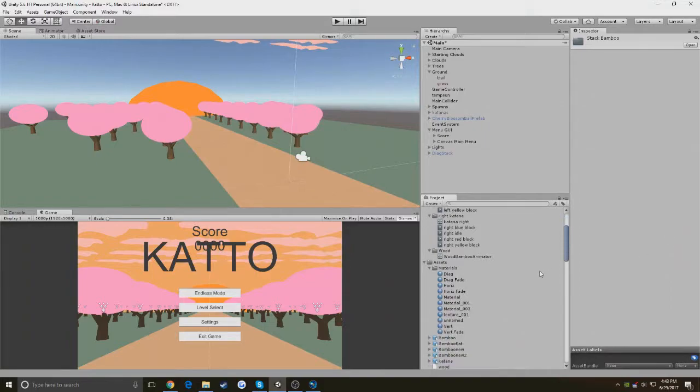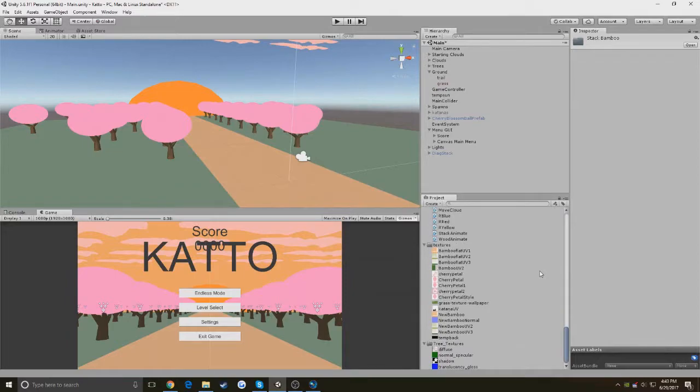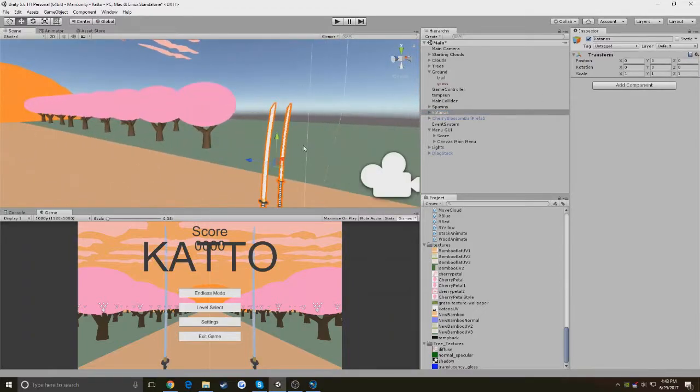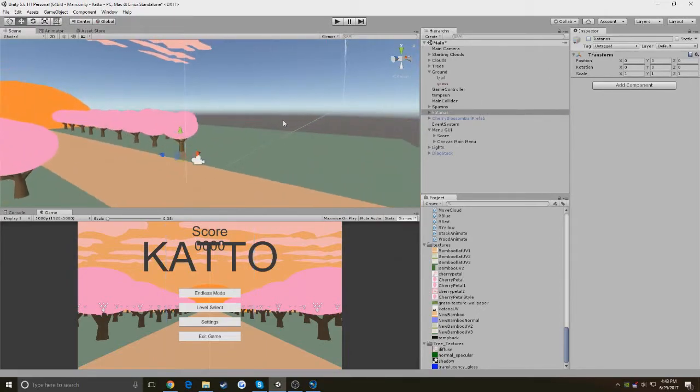Hello everyone. Today I'm going to be introducing you to Katto, which is the game I've been working on for the past 4 months or so by myself in Unity. It's the first game I've ever made, but I feel like it's finally at a point where I can share it with people. So today I'm going to be sort of introducing you to it,